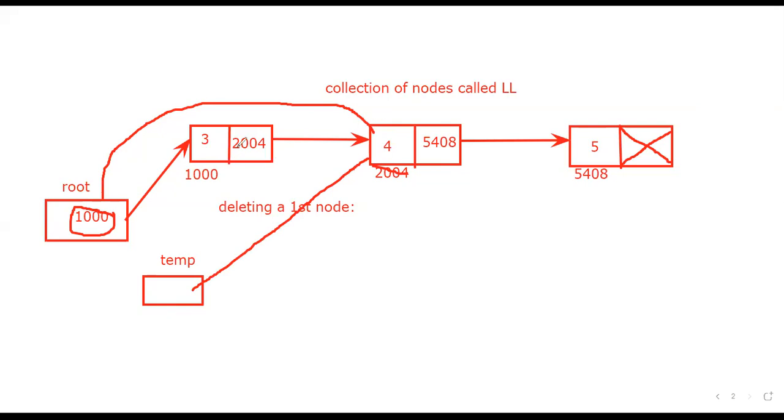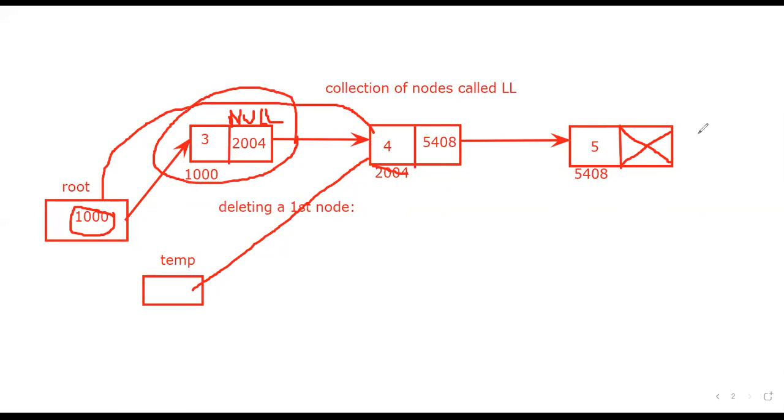After that, with the help of the temp variable, we can place it here. After removing this link, only one link is there. So after removing this link, we will make it null. After null, we will write the logic for node 1. So simply node 1 equals null. After making it null, the links will be destroyed on both sides. We can free the space. So after the deletion of this, the 4 will be connected to the root node. That is why we can delete a starting node.